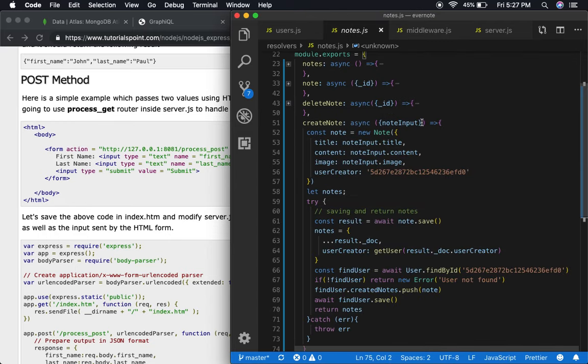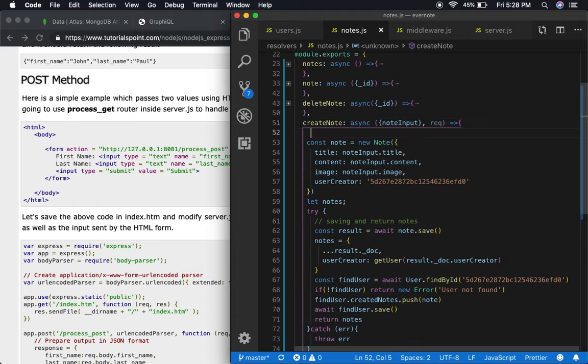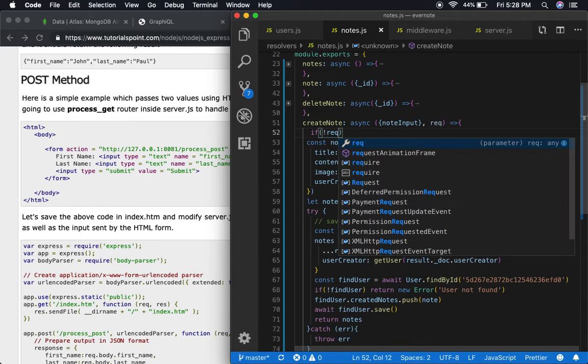The way we use that here is that when we pass in our parameters for our resolver, they also take in a request parameter as well. So say we make a request to create a note, like I said earlier. If it goes through this request and finds a header and all that stuff, then we're good. But if it goes through this request and doesn't find a header,